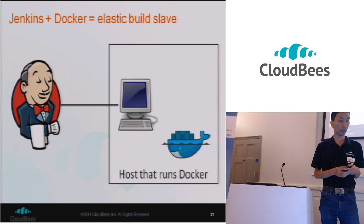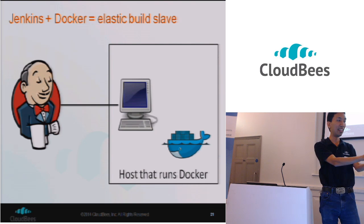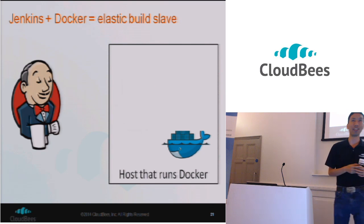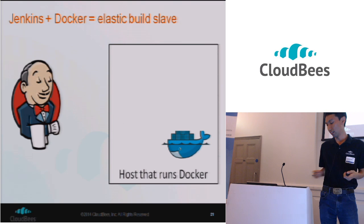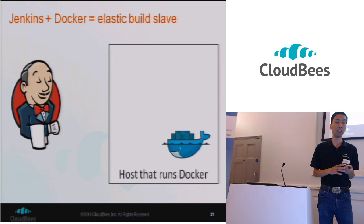So, we would start the slave process inside the Docker container, so you have a clean, isolated environment, and at the end you could throw that away. Jenkins would throw away that container, and then thereby bringing it back to the non-clean state. So you don't have to spend any cycle keeping the machine in a pristine state. It automatically happens every time you start a new